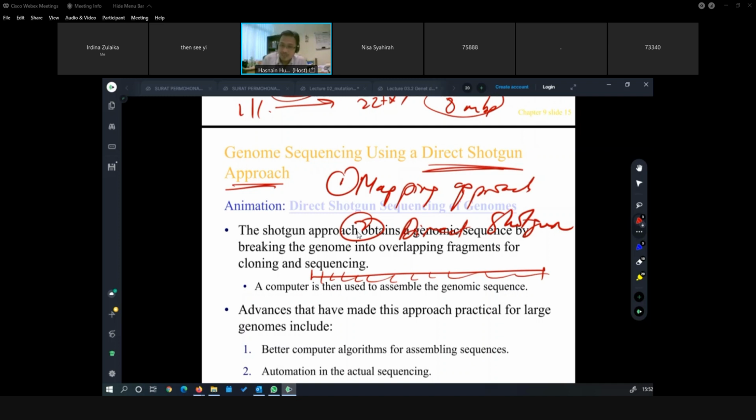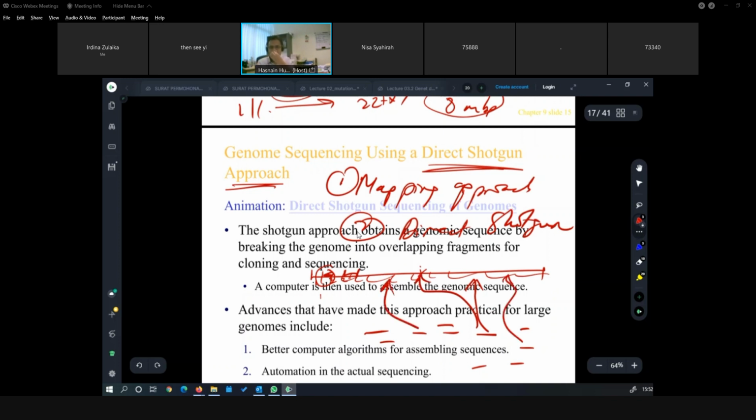Then the question will come to you, how do you arrange them? We have to determine, if this one becomes fragment number one, number two, number three, and so on, how do you know that this fragment belongs here and not here? Let's say, for example, I now have hundreds of fragments. How do I know that this belongs here, or here? Because the way they do the sequencing is very short, not even covering the entire marker region, for example.